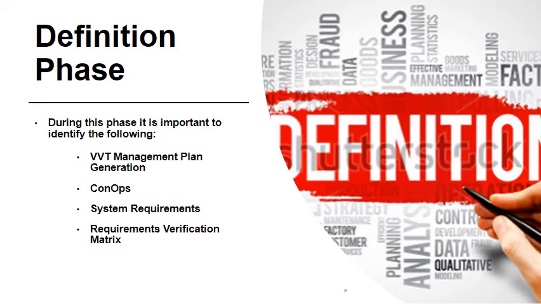Definition phase. The definition phase is the phase in which we consider the project in terms of a business and stakeholder needs. In this phase, we are closely discussing with the stakeholders and taking their needs and their problems to create our requirements. This phase is composed of the CONOPS of the system, which gives a high-level functional description of